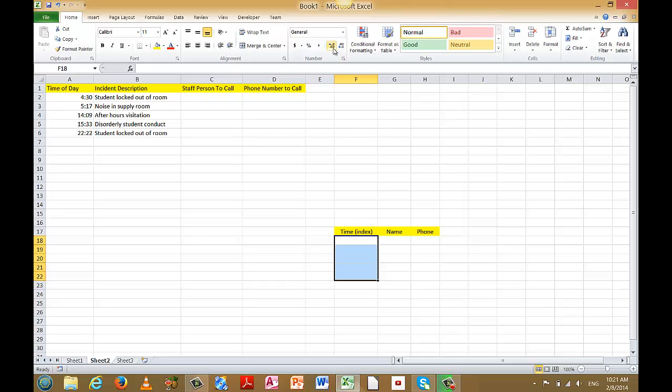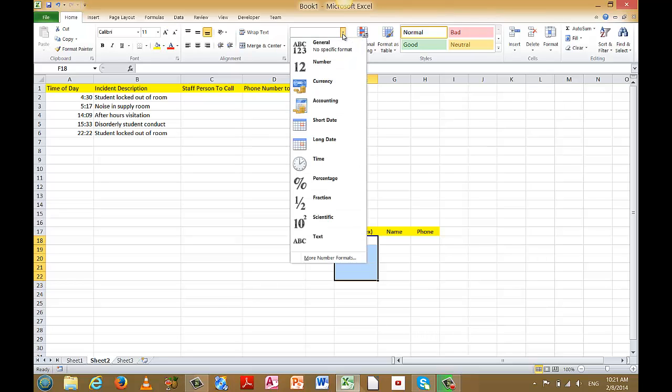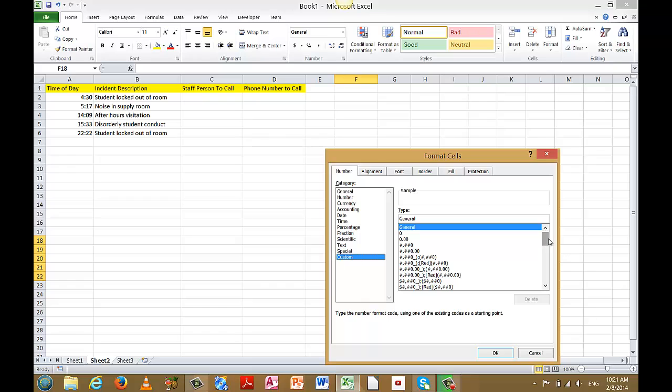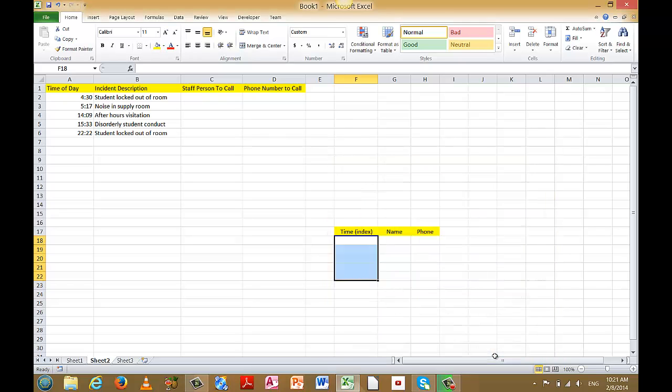okay, and go to the format pull down list, choose more number formats, choose custom, and choose the format that we saw before, the hour minute format. Tell it okay. Now that cell is formatted for the values that I want to enter in for my indexes. So the index and the time of day data are going to be compared, so they need to be in